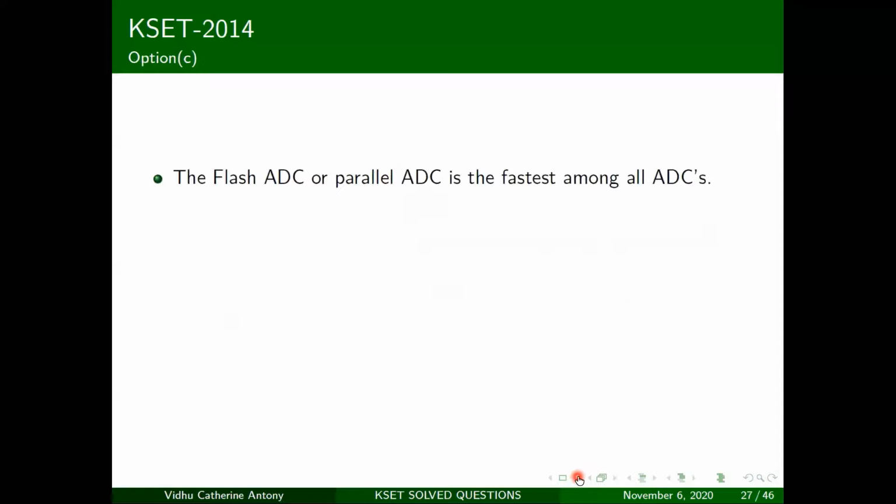So let's look at how we can describe flash ADCs, and then I will look at a 3-bit ADC, an analog to digital converter. It consists of a set of high-speed comparators. So what is a comparator? It's basically a device that compares your input and reference voltages. It's going to give the output as 0 if the input is less than the reference voltage, or give the output as 1 if it's greater than the reference voltage.